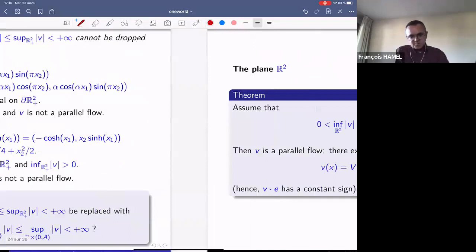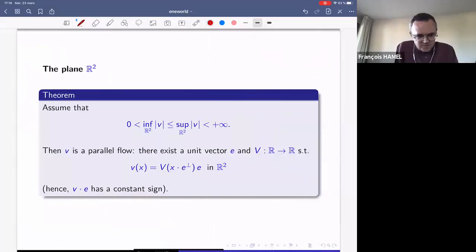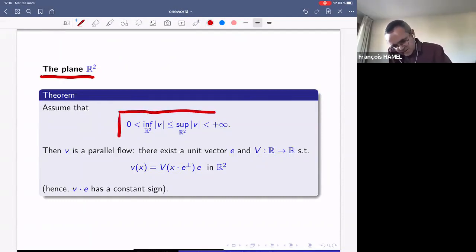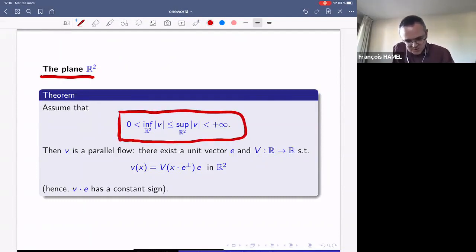So we still consider the Euler equation but now in the plane R2. There is no boundary now, and we assume that the flow v satisfies this condition. First of all, it has no stagnation point in this strong sense, so the infimum of the norm of v is strictly positive. And we also assume that the flow v is bounded. Then the conclusion is that the flow is a parallel flow,